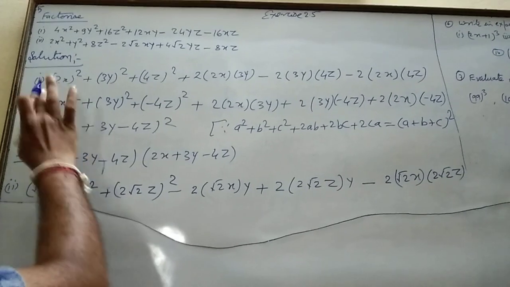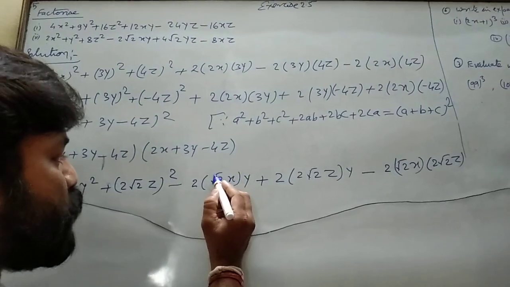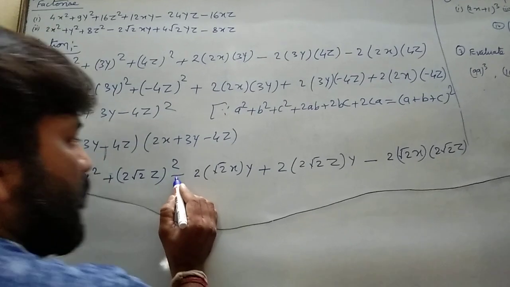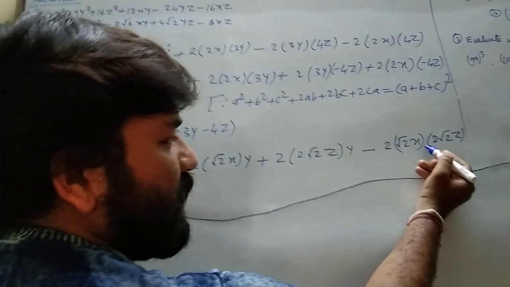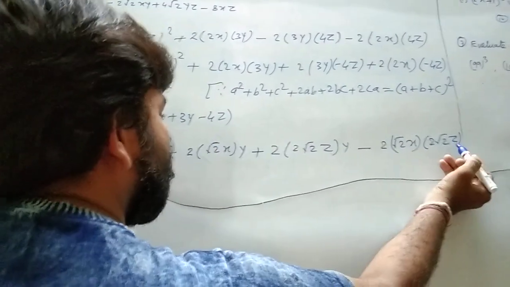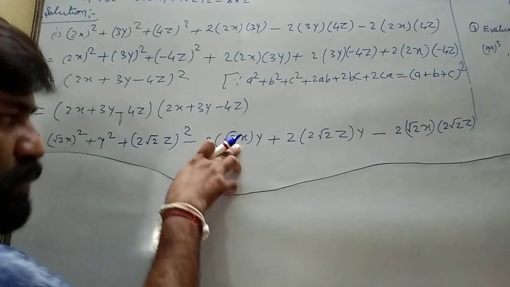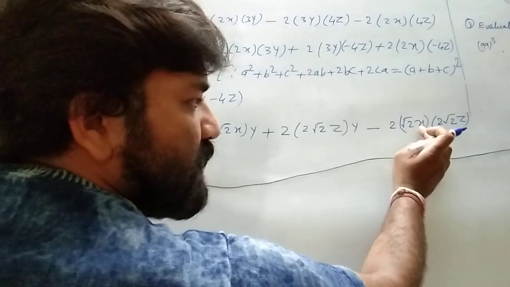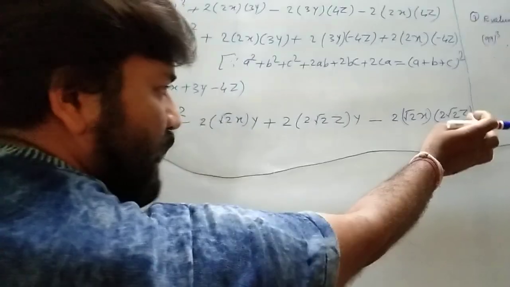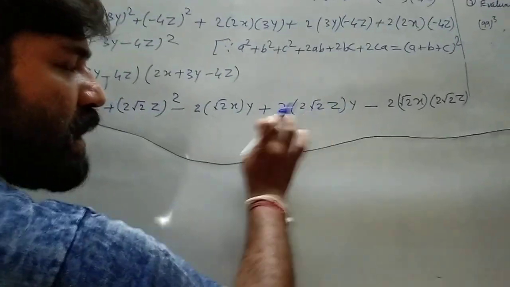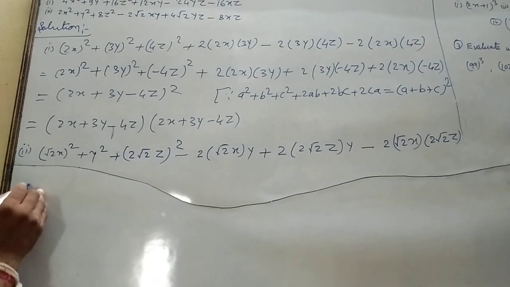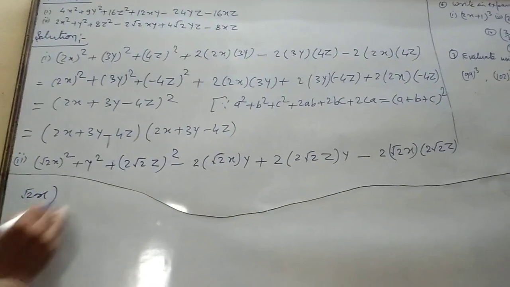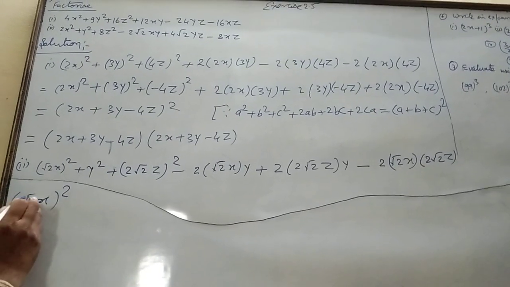After this, in a similar way to the first question, firstly choose which term will be negative, because here there is a negative sign, and this term is in terms of x and y, and here negative, then in terms of x and z. Then maybe the x term negative or y, and otherwise x and z. But suppose that z will be negative, then this term also will be negative, but here positive sign, that means the first term (root 2 x) whole square, minus.